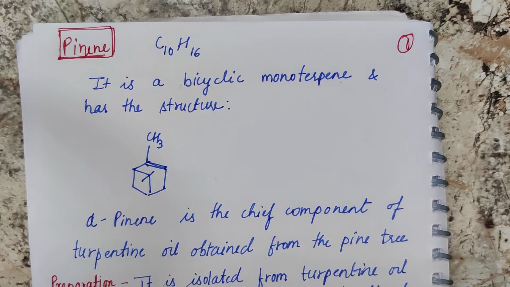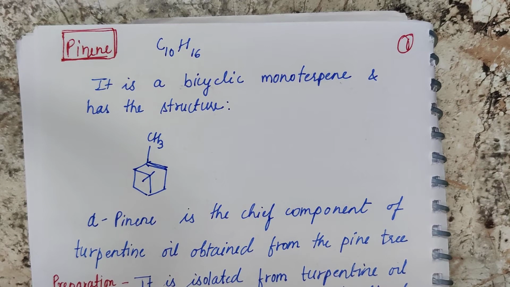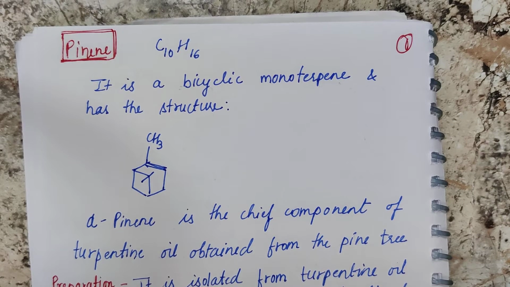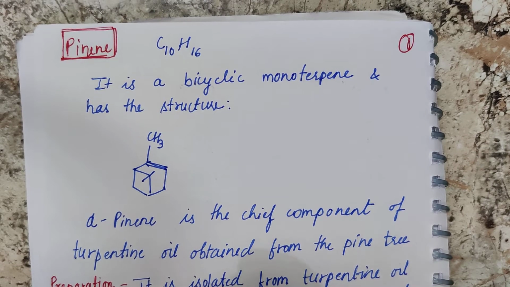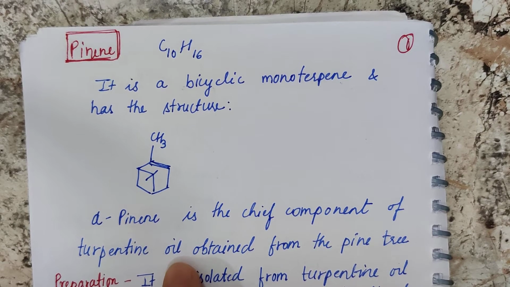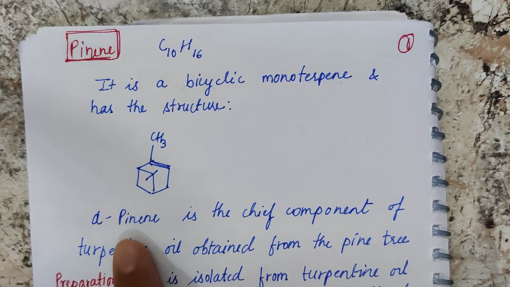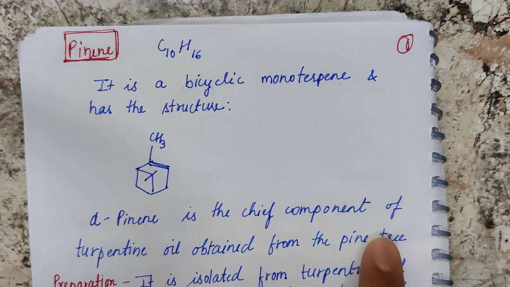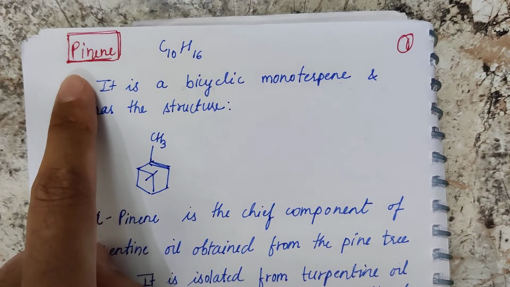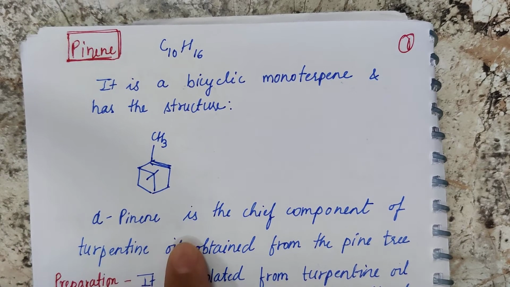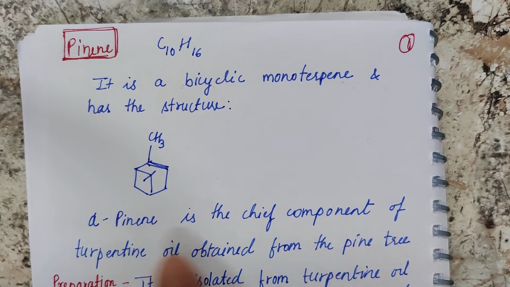Next compound that we have to study is pinene. It is also a terpene, but it is a bicyclic monoterpene. So that means it has two cyclic rings. The molecular formula is C10H16. Alpha pinene is the chief component. So when we study pinene, it is basically alpha pinene that we are studying, and it is the main component